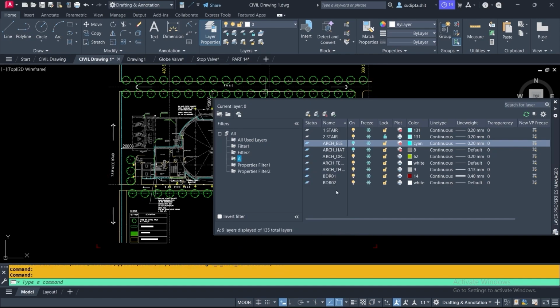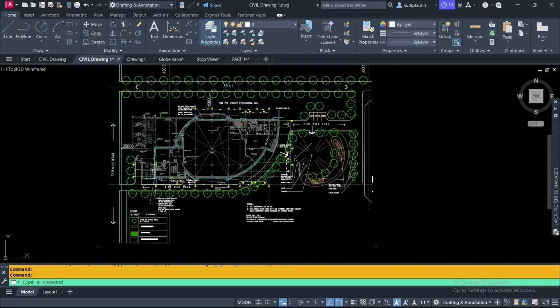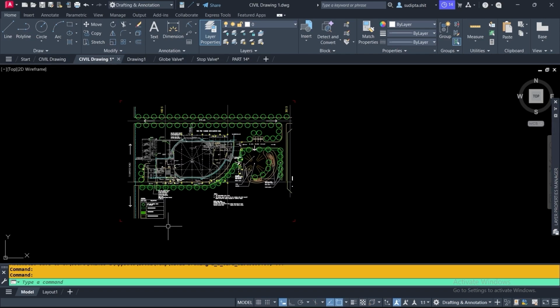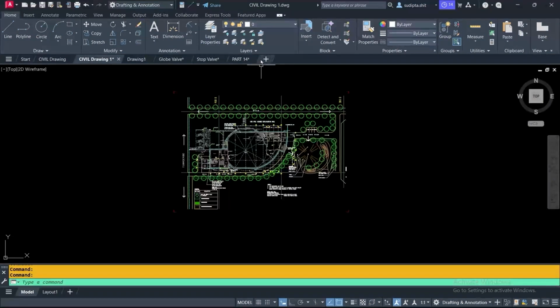Click. So all these layers are freezed. You see here all these layers are freezed, and see the effect here. Too many layers are freezed. They are not visible. To go to the previous position,